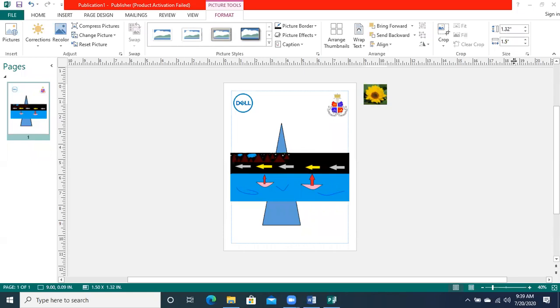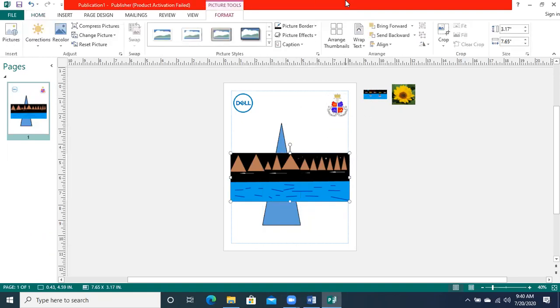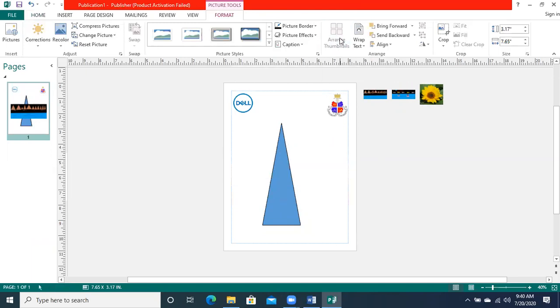Sir, can you explain thumbnails? Thumbnail is an option where, when you click any large picture, it will make it an icon-like picture. ये देखें इसको छोटा सा कर दिया, ये बन गई. It should be a picture, not a shape. Just like this is a picture, if I click on the arrange thumbnail, ये देख रहे हो यहाँ आ गया, ये small सा बना दिया इसको.